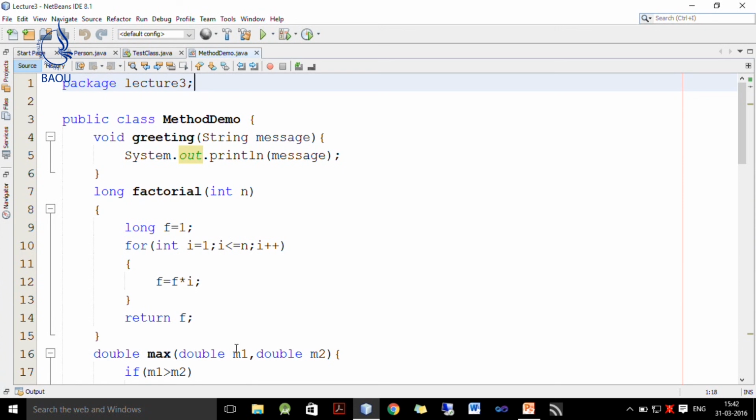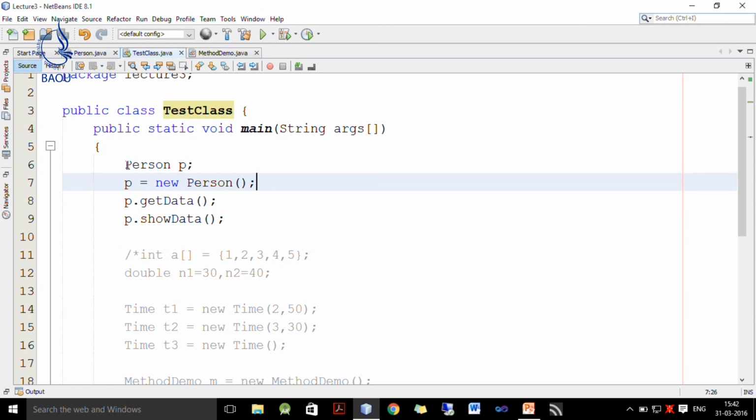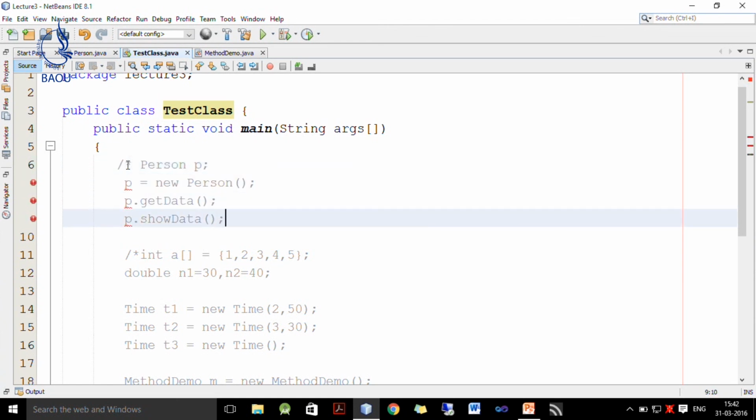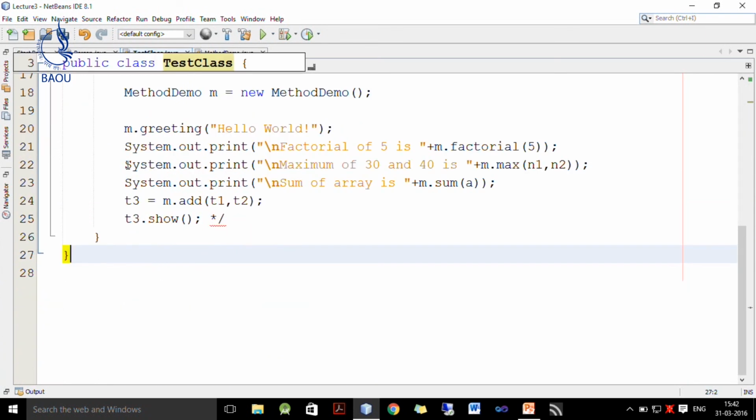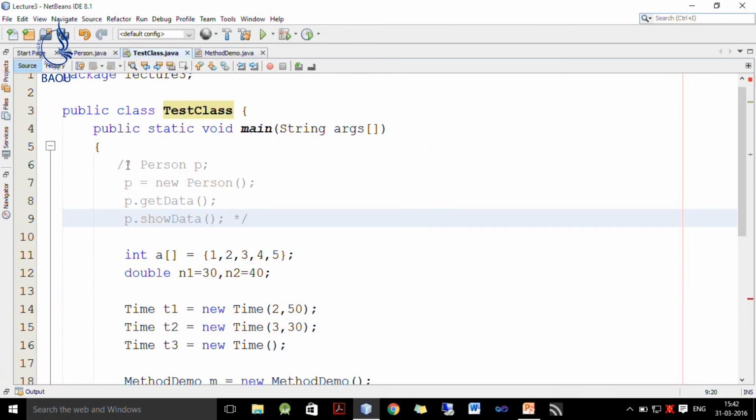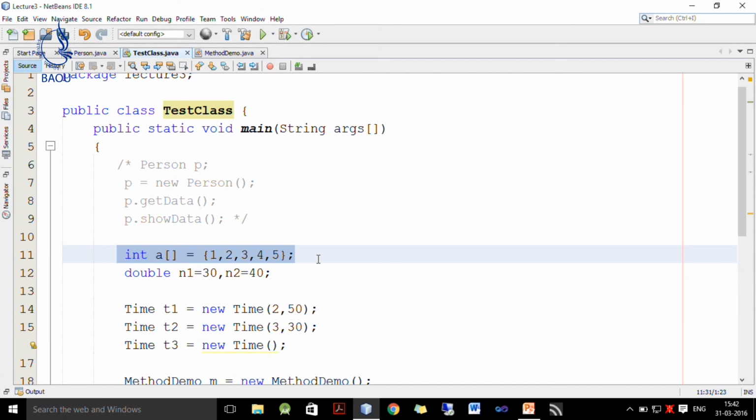Now, we want to test these methods inside our test class. So, we go to the test class. Now, I comment out this person class and uncomment these. Here we want to find the sum of these elements. The array is initialized to 1, 2, 3, 4, 5, so sum is 15.